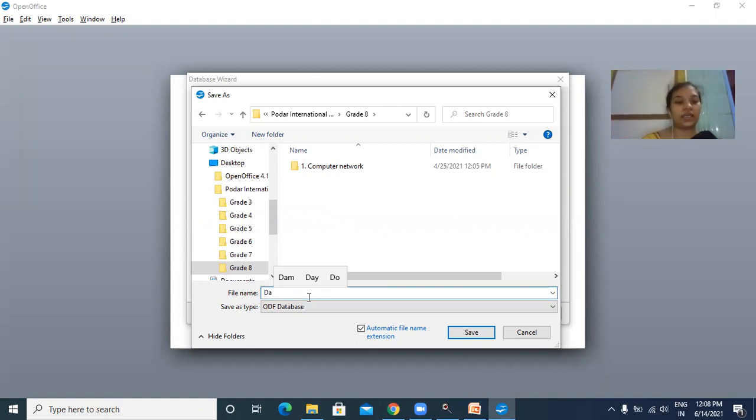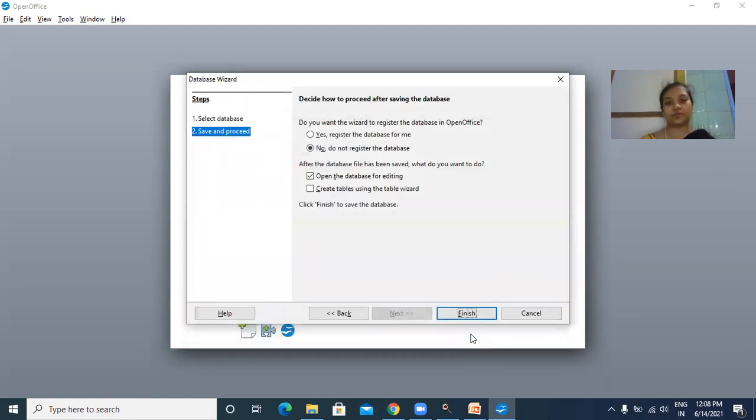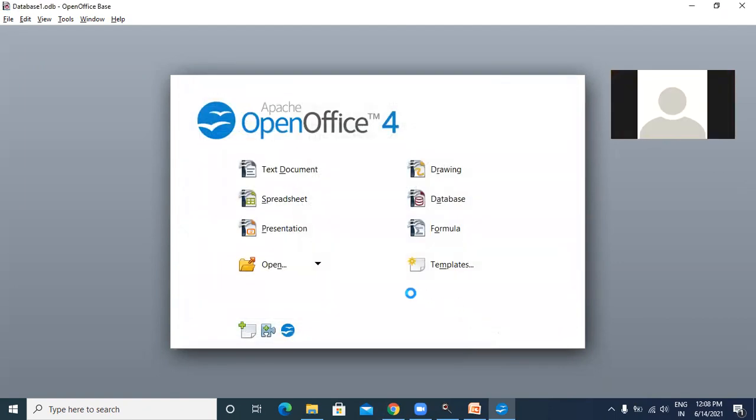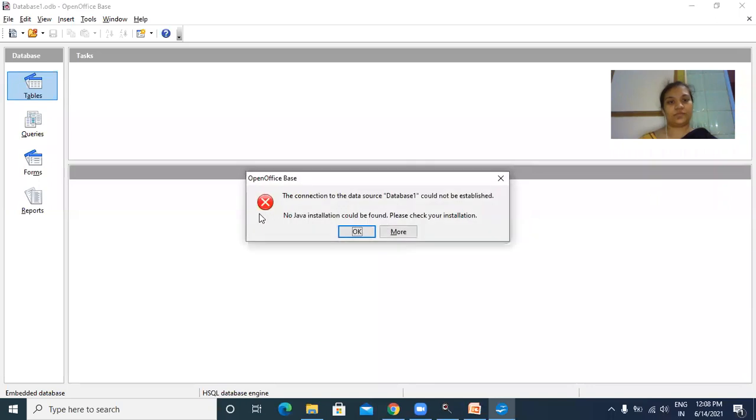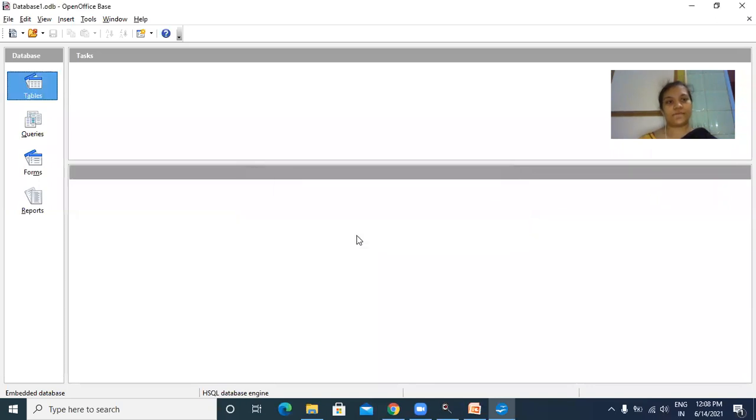I am writing the name here, database 1. Choose your name, save. So it will open. Okay, so you can see here database 1 is already saved.